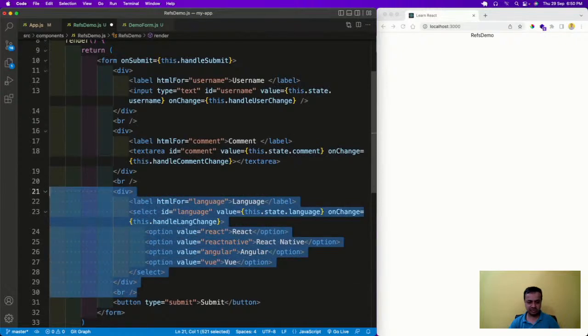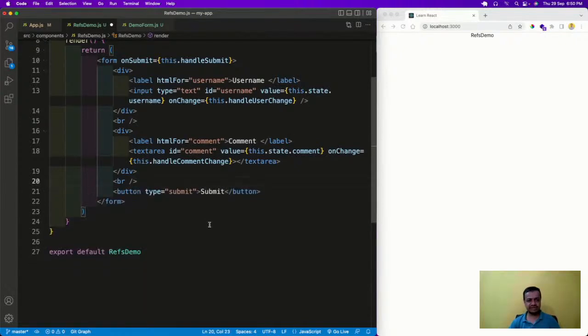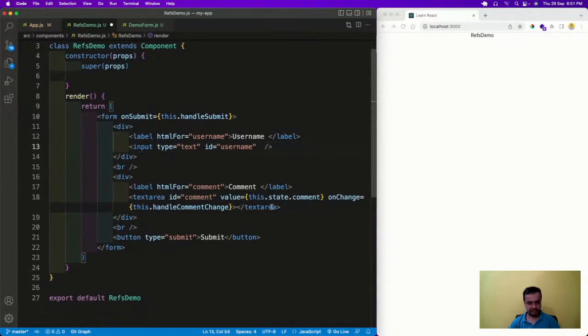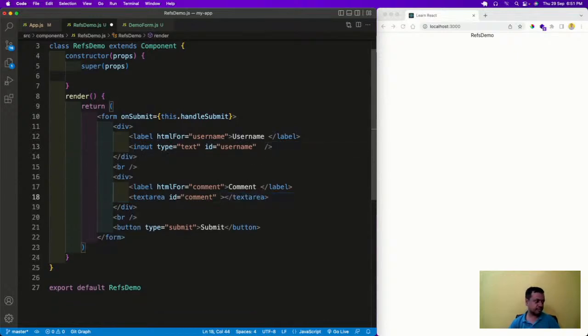Let's make it a bit easier. So we'll have this form, and then what happens here? Okay, so again we don't have anything like this. Neither do we require the value, nor do we require the onChange. So we are going to remove this. Then what do we do? So what we do here,